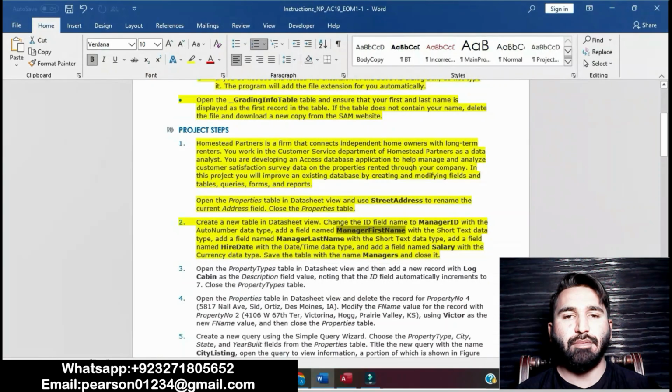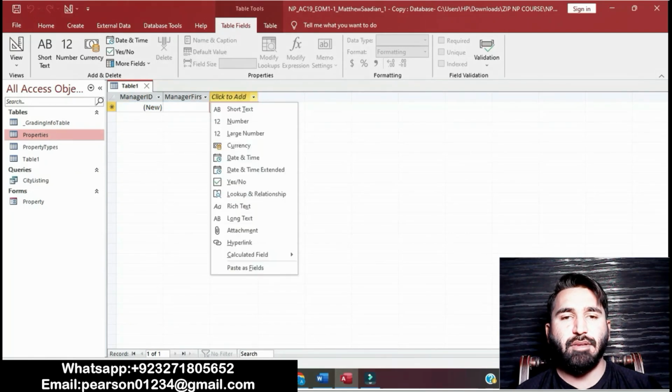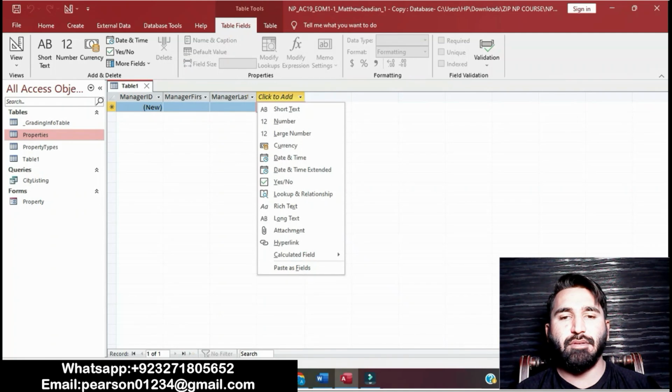With the Short Text type, add a field named Manager Last Name with the Short Text type. We will have to add two fields, Manager First Name and Manager Last Name, with the Short Text type.